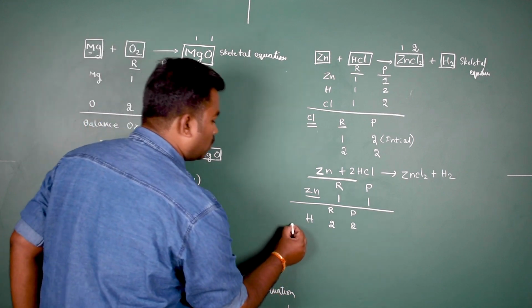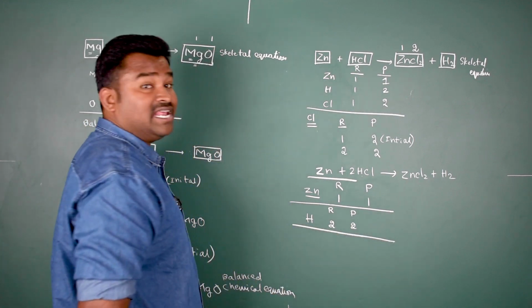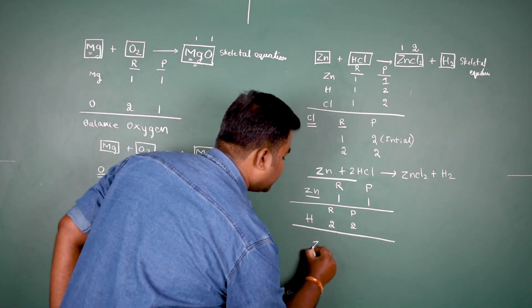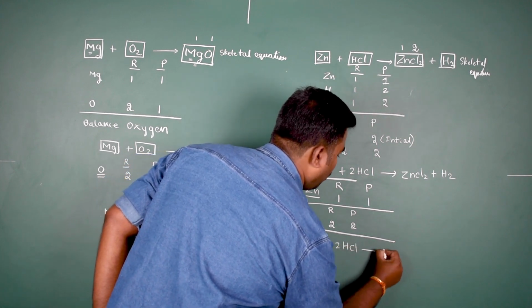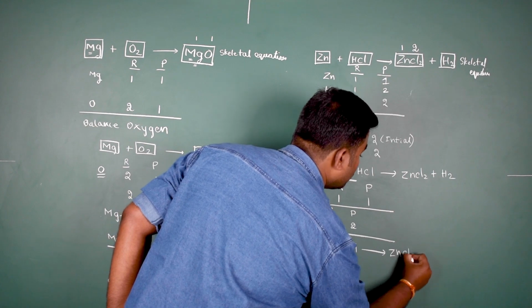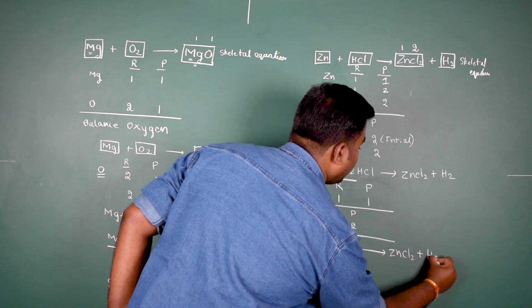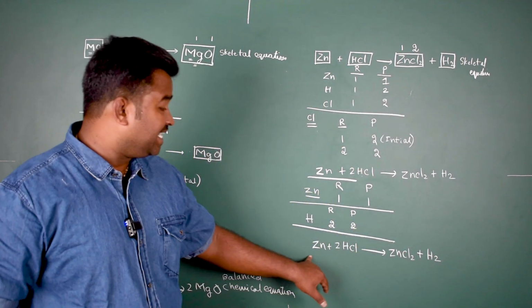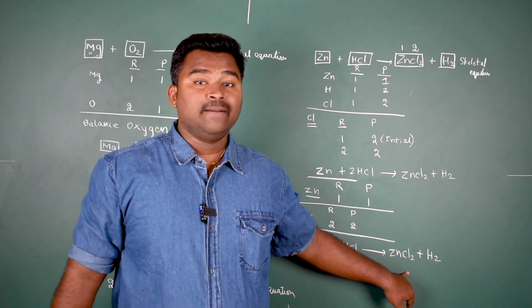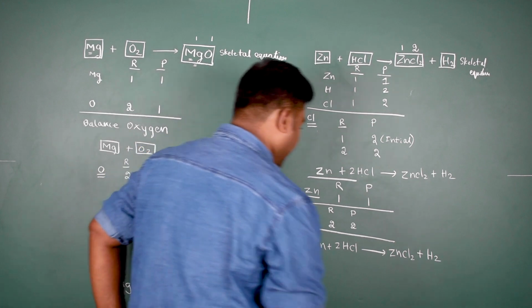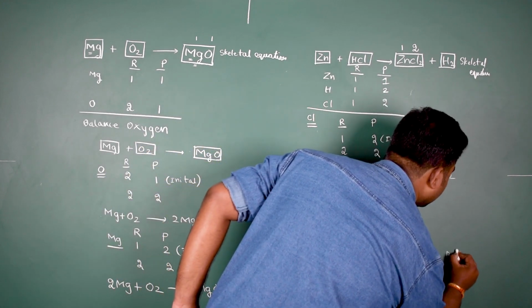Hence the hydrogen is also balanced. So my final equation would be zinc reacting with 2HCl to form ZnCl2 plus H2. Zinc is balanced, hydrogens are balanced, chlorine is also balanced. So this equation is the final balanced